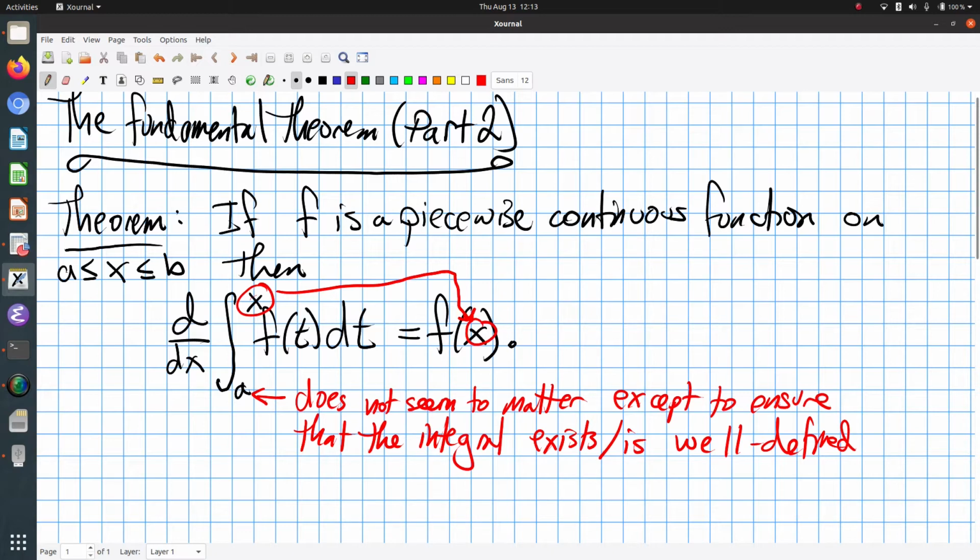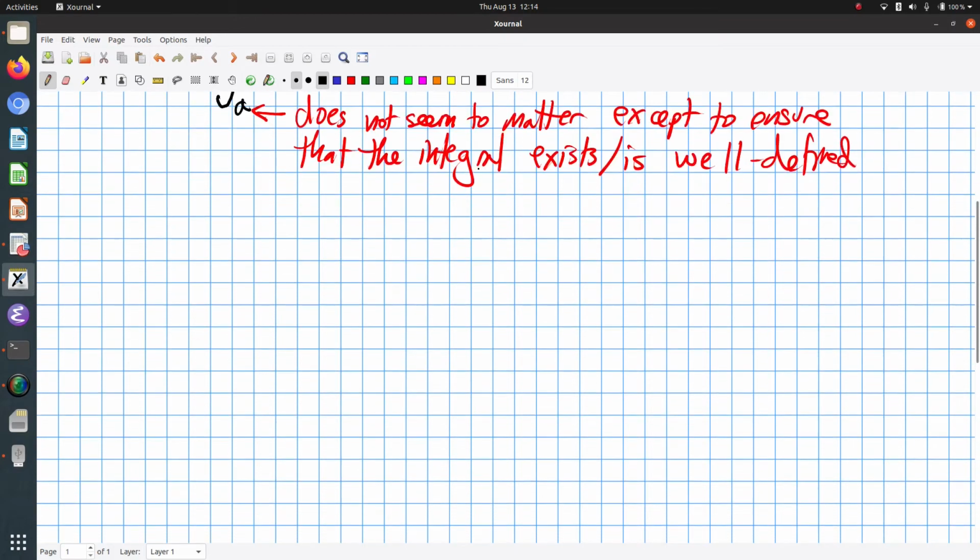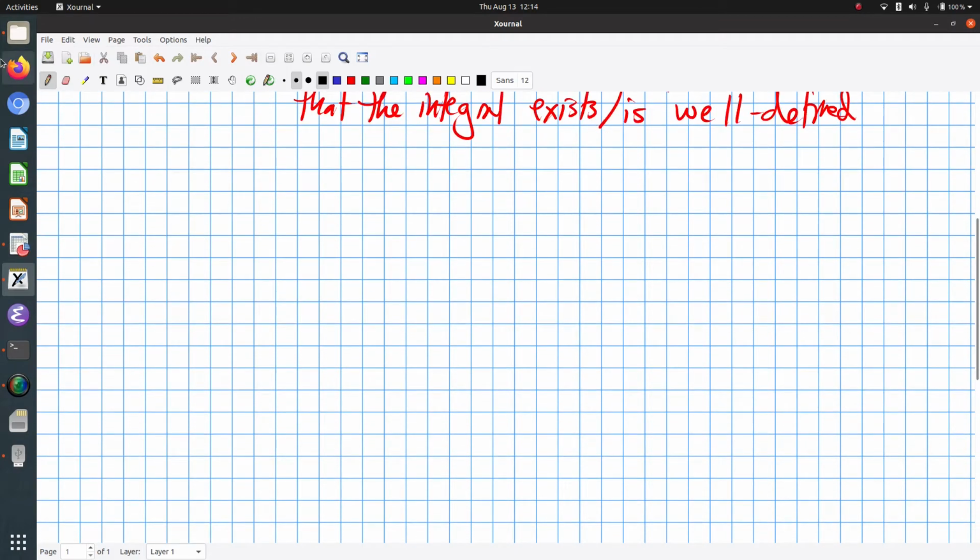Okay, so how do I prove this? Well, in order to do this, I need to delve into antiderivatives a little bit. And antiderivatives are kind of the opposite of derivatives. So how do they work? Well, they work like this. So let me say an antiderivative of a function